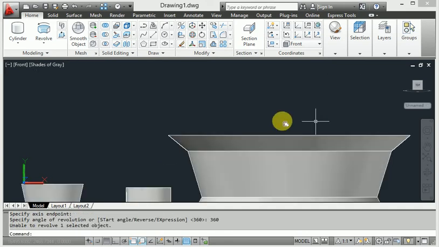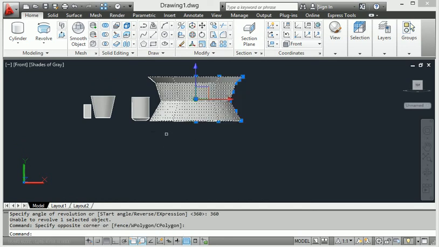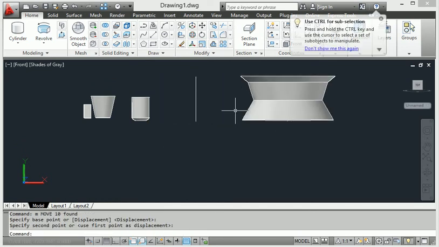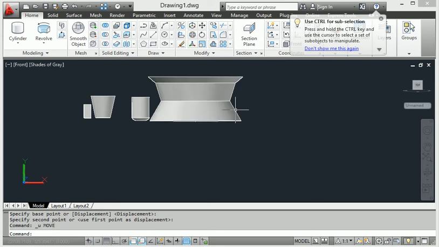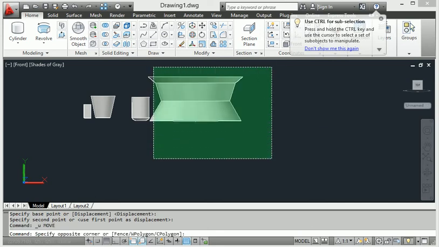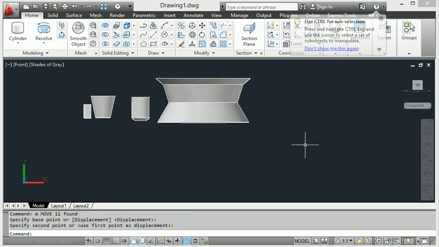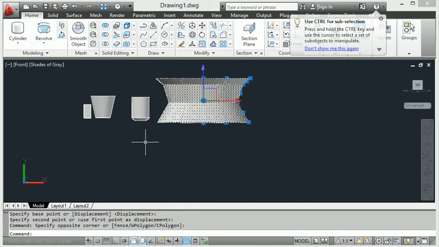Here we can see that I want to move this whole diagram. So when I go to move, if I want every diagram and I want to catch it, move also.